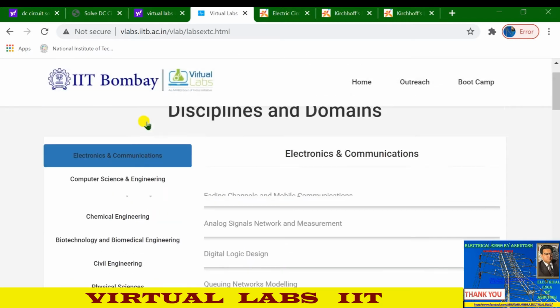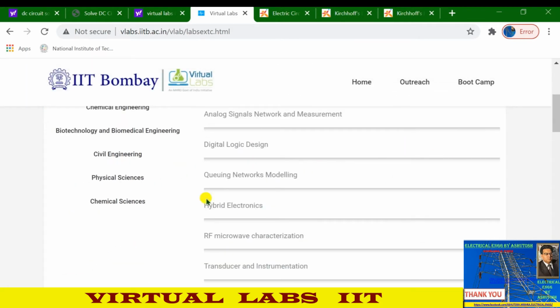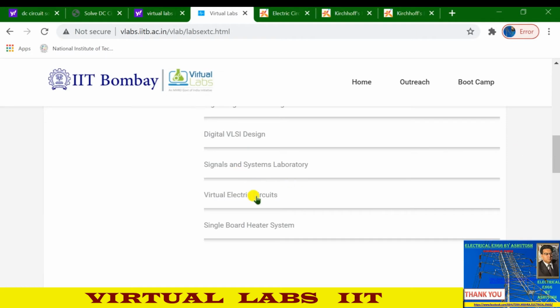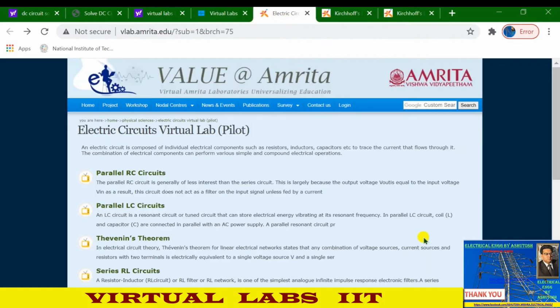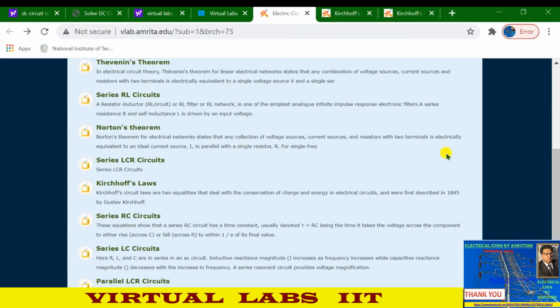Then you have to select electronics communication engineering, and under this lab you will see the virtual electric circuit lab. Just click it, and you will see these experiments: parallel AC circuit, parallel LC circuit, Thevenin's theorem, series RLC circuit, Norton's theorem. Today we are going to verify Kirchhoff's law.